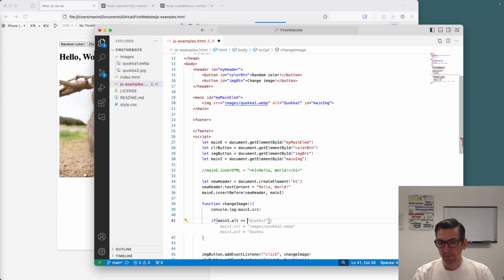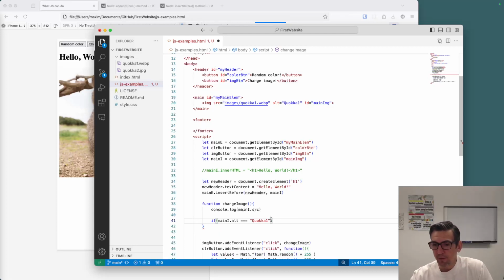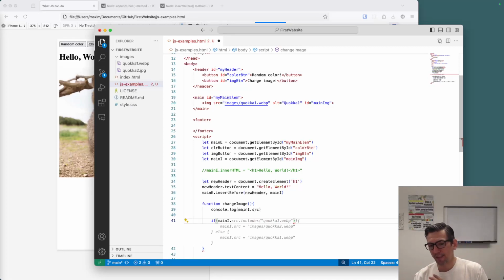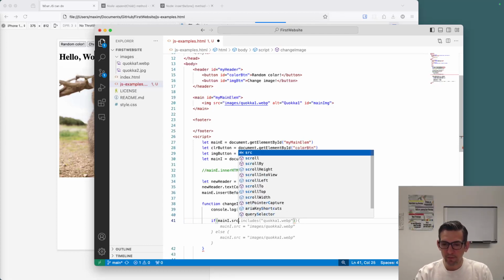And we can say if it equals Quokka1, then we can set the source and the alt to be something else. That's a totally valid, perfectly okay way of doing this. Just use a proxy. And then finally, the third way of doing this is to say, if the source dot